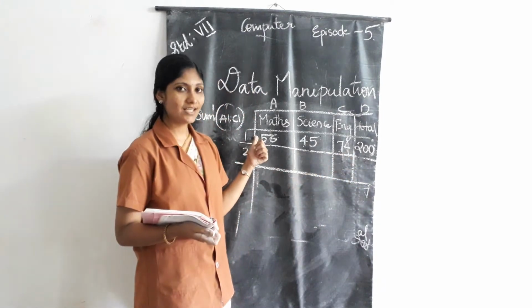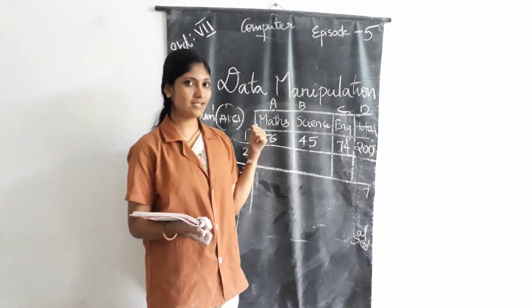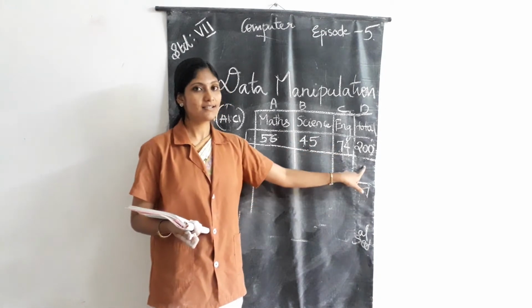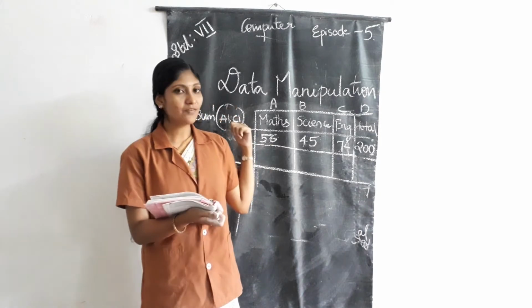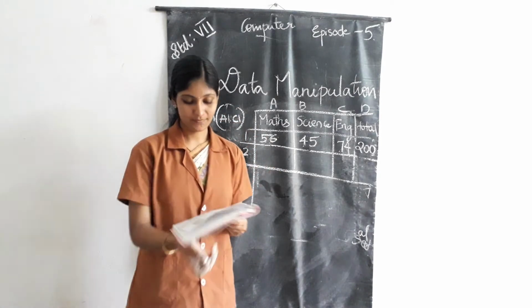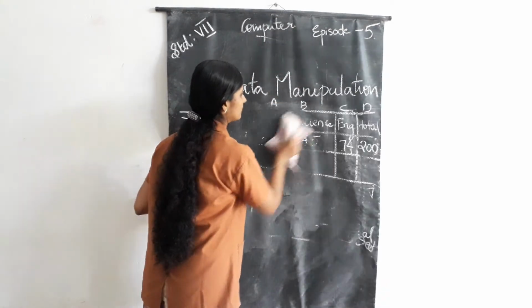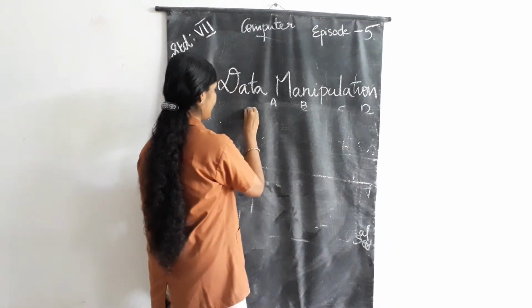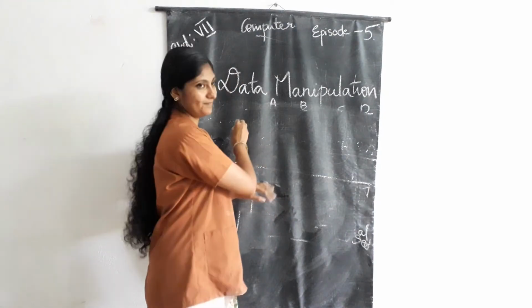Then we can change the input marks. Then how to change the input, and how to get the final result 200. So here we use the Goal Seek option. So let's see how to change the input. First of all, in that option,